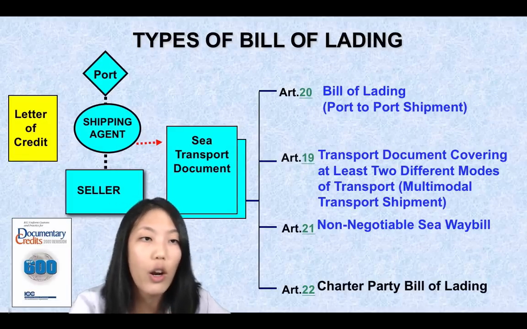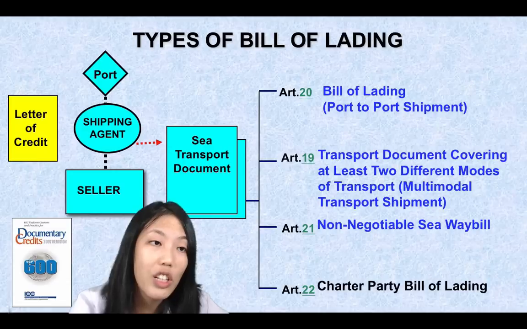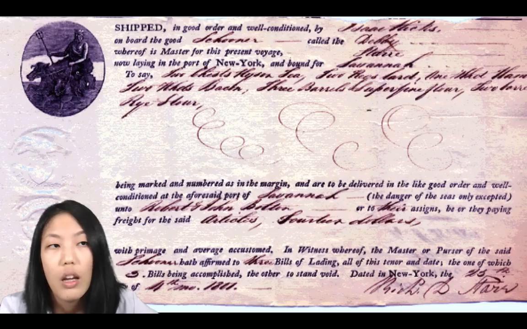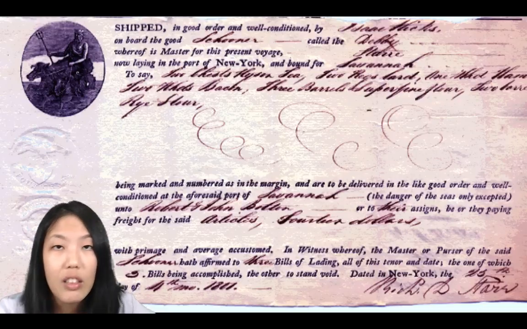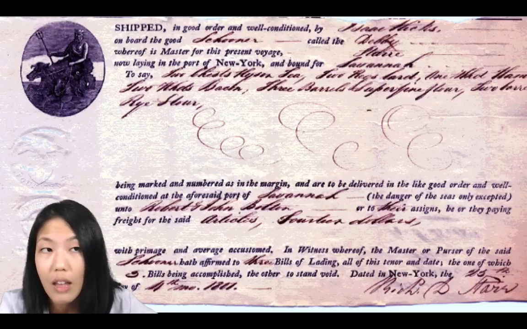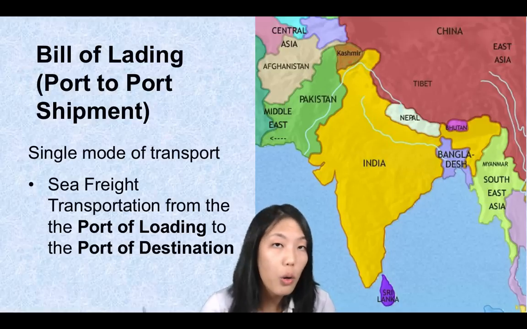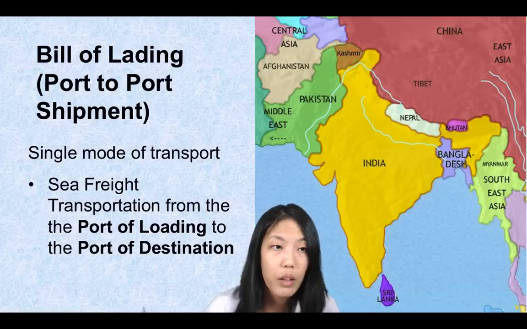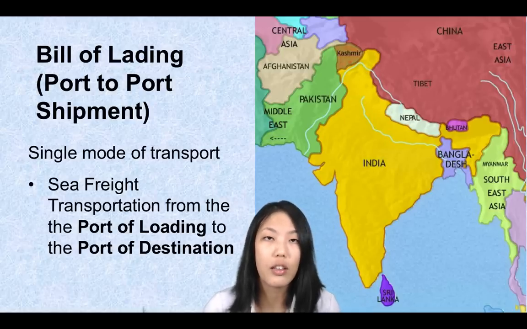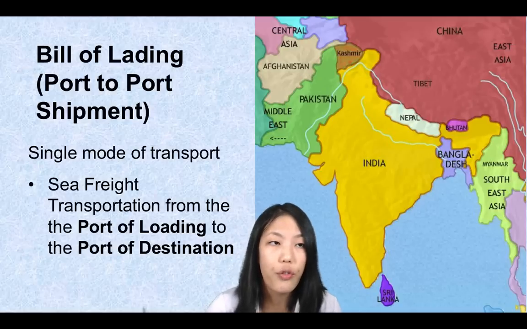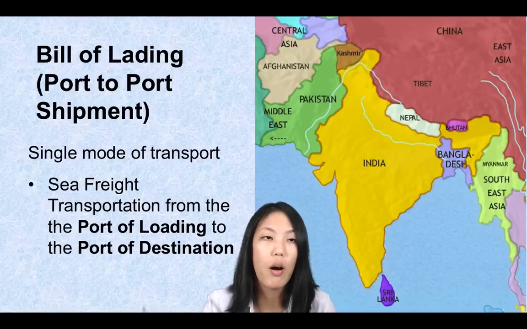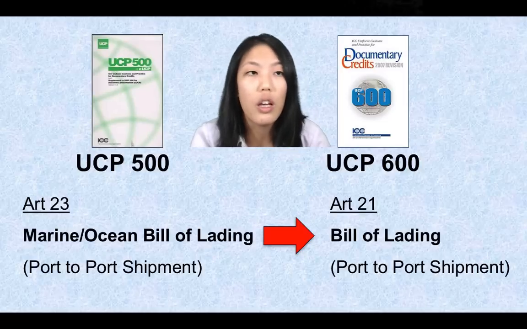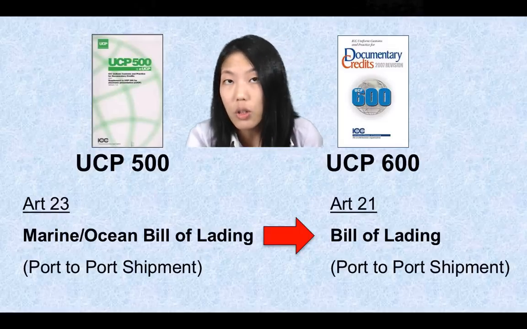Now let us look at an old sample of what a sea transport document used to look like, as you can see in this slide. Under bill of lading, which is also known as port-to-port shipment, when trade first started, it used to be port-to-port shipment, a single mode of transport that uses sea freight from the port of loading to the port of destination. In those days, they used to call the bill of lading as marine bill of lading, also known as